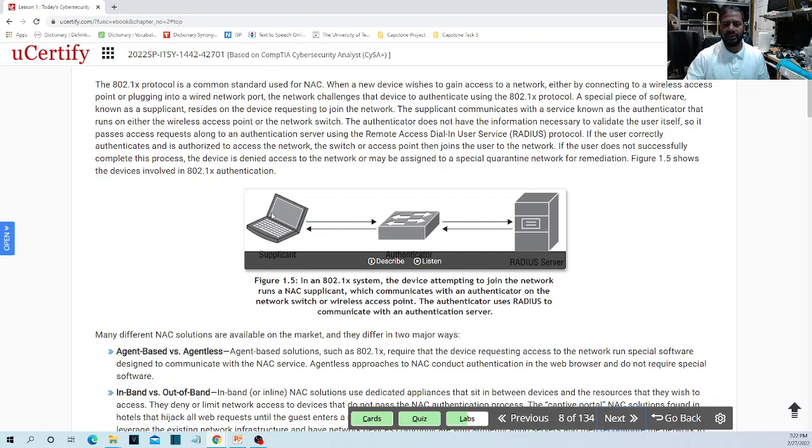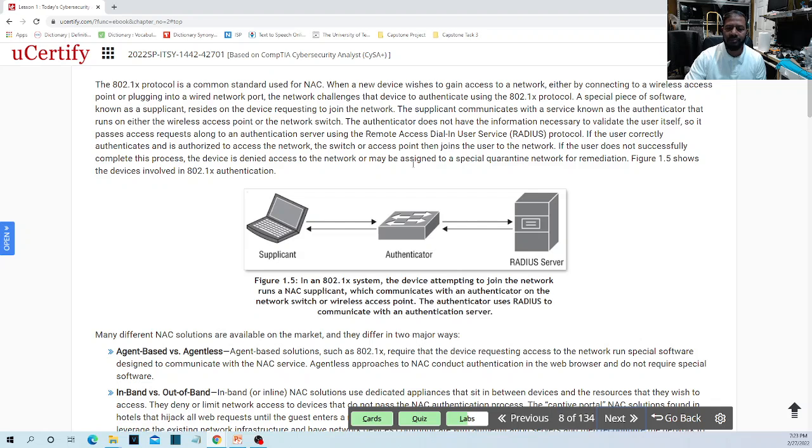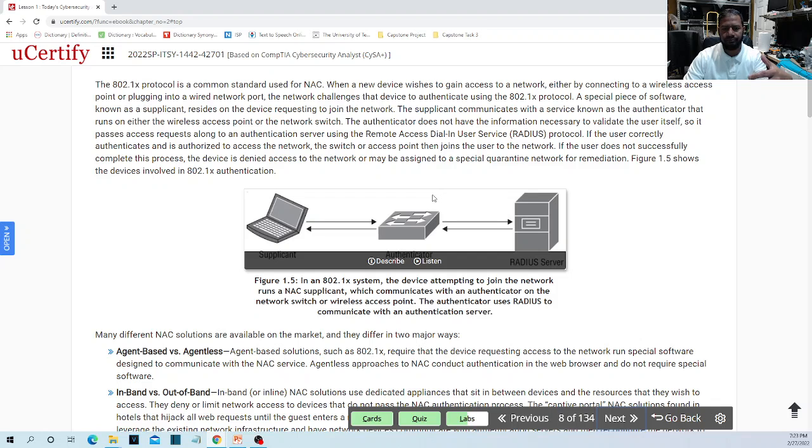So in this case, your laptop is a supplicant, and this one, the wireless access point or WAP, is the other side. Or in this case it looks like a wired one, wired or wireless. You physically plug in a wire or you connect wirelessly. It is going to ask you for a password, something to authenticate. But this device, this Wi-Fi or this switch, does not have on its own the power to authenticate.